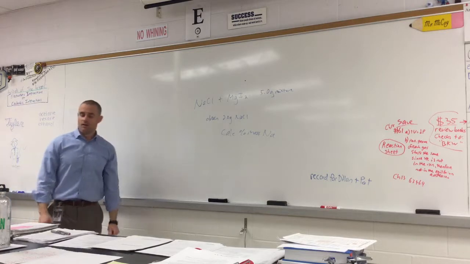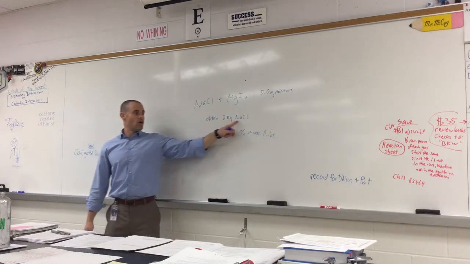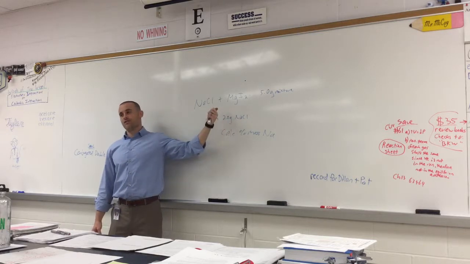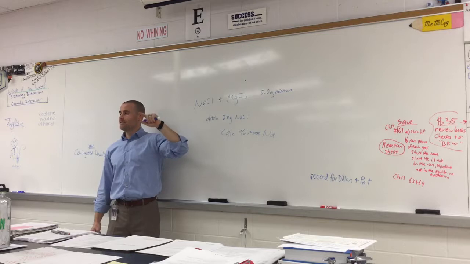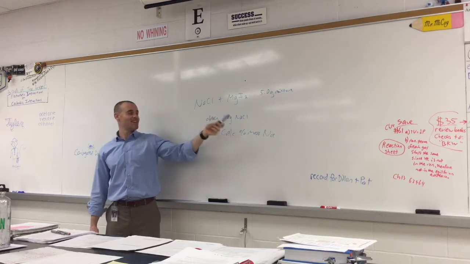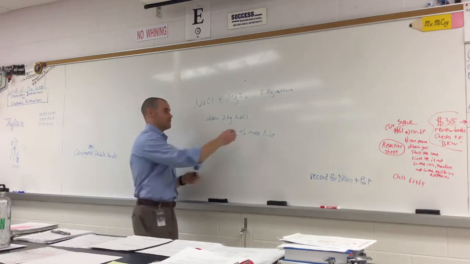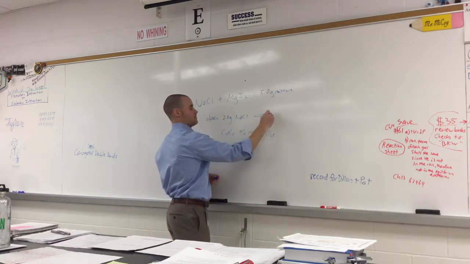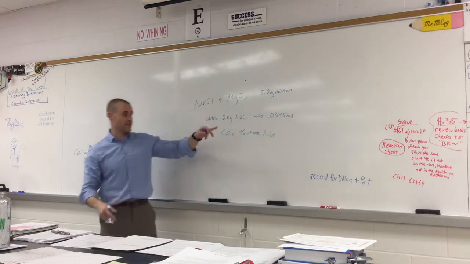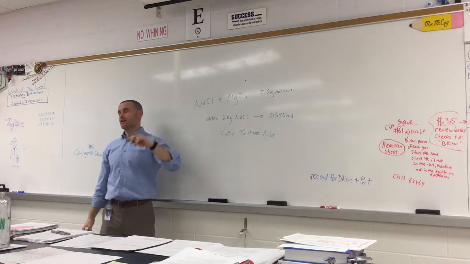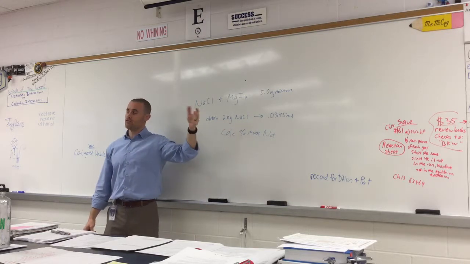Yep. So here's the concept. If you find moles of NaCl, now this is an easier version of the one you're going to have to do, but it's the exact same thing. So if you have moles of NaCl, which is, Marcy? 0.345 moles. So that's moles of NaCl, the same as moles of Na. But let's just say on the test it isn't a 1-to-1 ratio. How would you fix that?